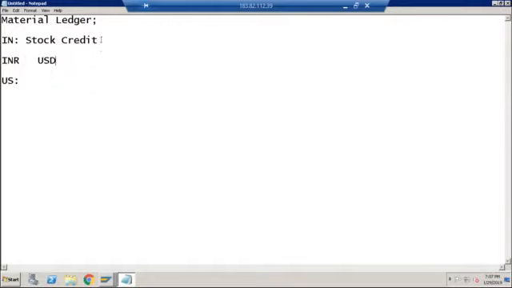So in my accounts, let's say my stock is getting credited with 7,000. This would be in INR, and it will also get updated in accounting, if I'm using parallel currency USD, as 100 USD, right? So whenever I post any accounting transaction for any material movement, in this case material is going out, in accounting I am getting the information in INR as well as USD, because at my company code level I activated the parallel currency.